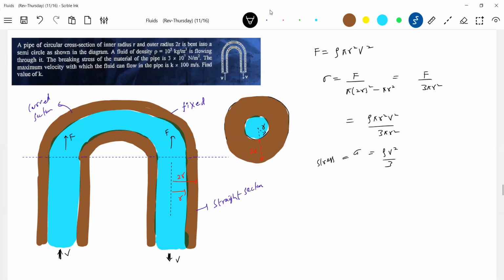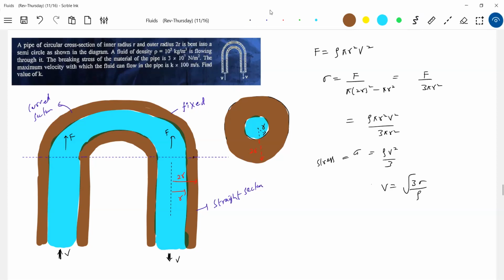So we know the value of sigma, substitute that, you'll get V. If the speed of the liquid is more than that, where will cracks come? This is very important. I'm asking, where will cracks come here? That's why I think the joints are very, very important. If the speed of the liquid, what is the speed of the liquid? 3 sigma by rho. If the speed of liquid is more than this, the cracks will come here.